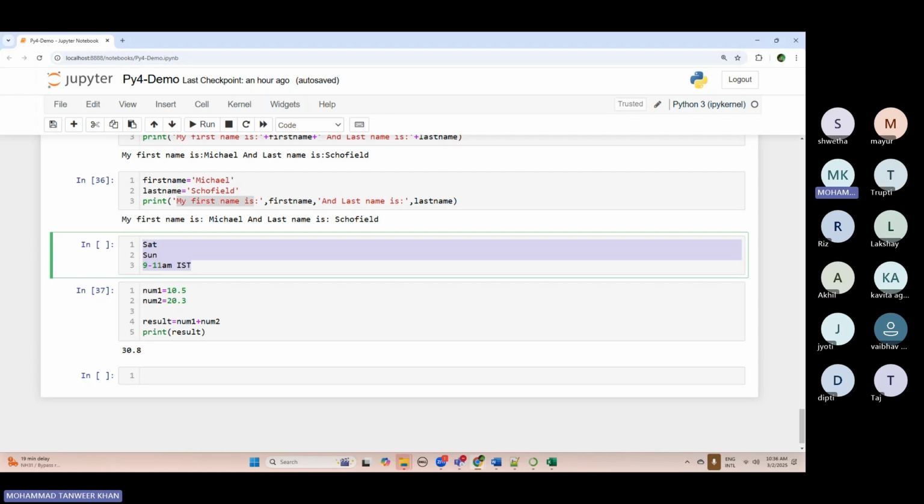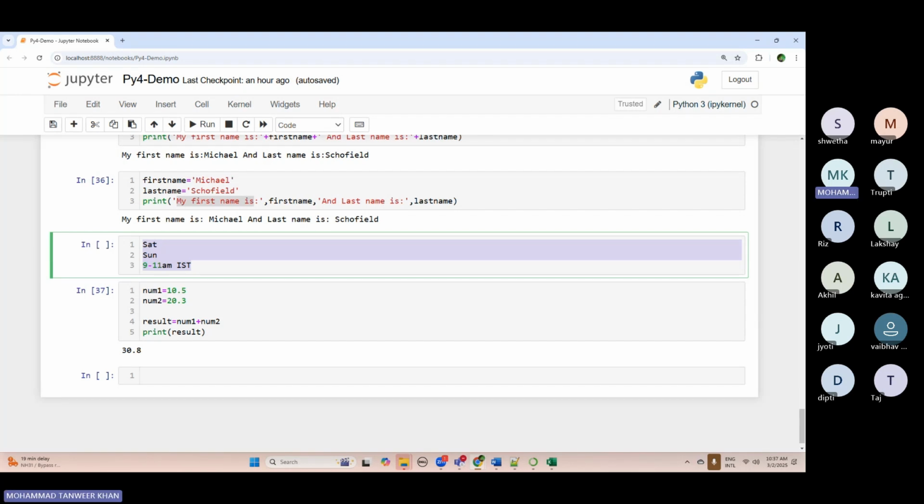और जो लाइब्रेरीज में विल कवर पांडास, नंपाई, मैटप्लॉट, और भी कुछ कुछ लाइब्रेरीज हैं, विल कवर दैट। ओके, फिर जो मैं एडहॉक सेशंस लेते रहता हूँ, जैसे कि फ्रॉम द PY1 बैच, आई थिंक समवन रिक्वेस्टेड अबाउट द लैम्डा फंक्शन, तो लास्ट वीक आई हैव टेकन एडहॉक सेशन ऑन लैम्डा फंक्शन, ठीक है। तो वो सब के लिए आप बेफिक्र रहो, whenever I'll find something interesting, जैसे SQL में भी देखो मैं सेशंस लेता रहता हूँ, whenever I find some new topic या नए क्वेश्चंस, तो okay, we'll take it,